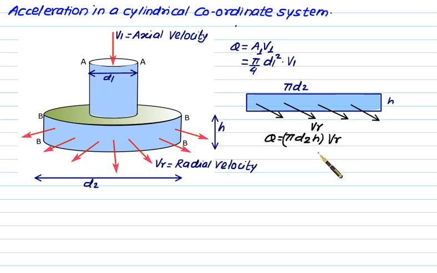Basically this value of Vr is going to vary from section to section. Suppose you take this circular ring, then we have a different circumference. If you take another circular ring, then again we have a different circumference. So every time the Vr is going to vary, and if Vr varies, then there is a radial acceleration taking place. We want to investigate how the radial acceleration takes place. From the last equation we can calculate the radial velocity Vr, which is equal to Q divided by pi multiplied by d2 h. Our objective is to find the radial acceleration.